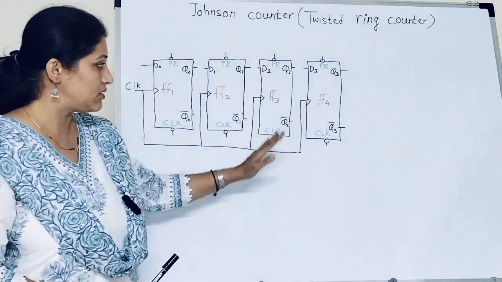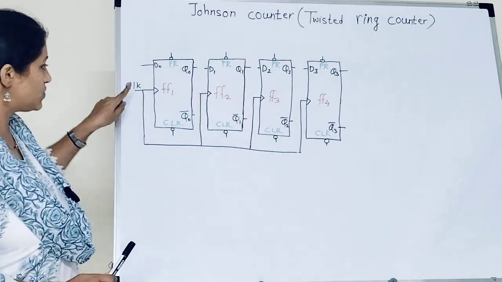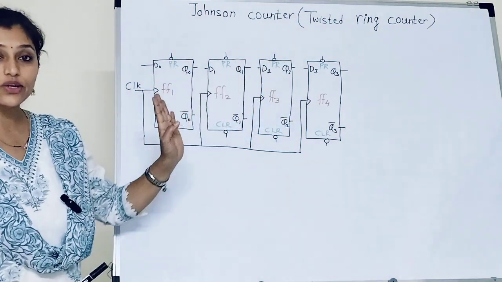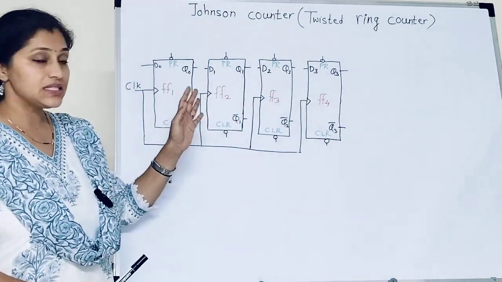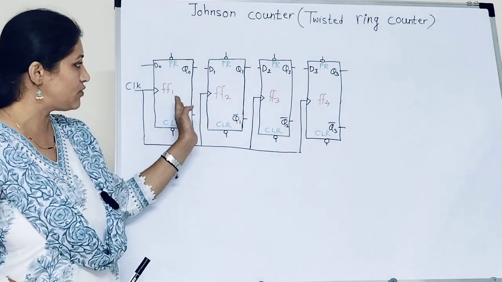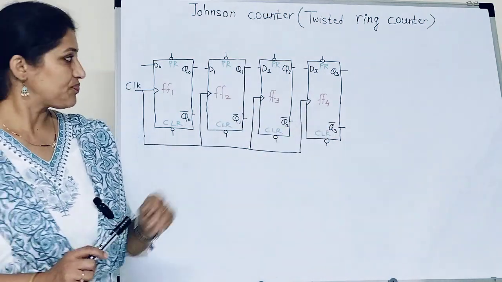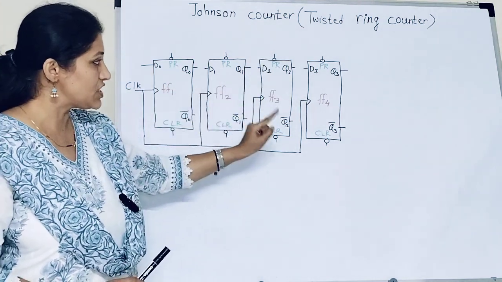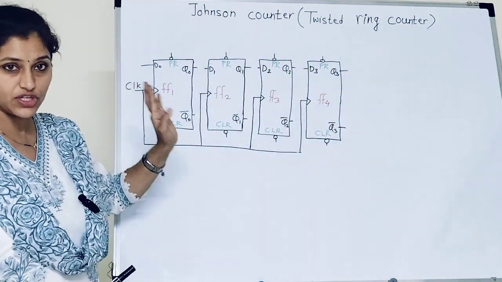Here in this video, I have taken an example of 4-bit twisted ring counter. So you can see single external clock is connected to all 4 flip-flops, so that all flip-flops will generate outputs simultaneously. Then this is an application of shift register. It means data simply shifts from one flip-flop to the next and so on. Then this is twisted ring counter. It means the inverted output of last flip-flop is connected to data input of first flip-flop.